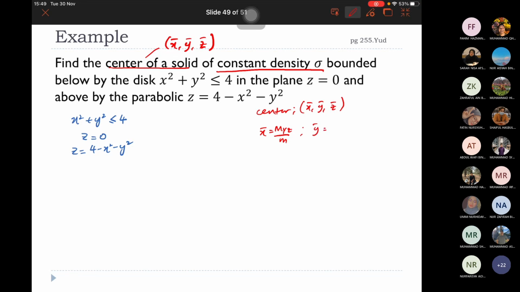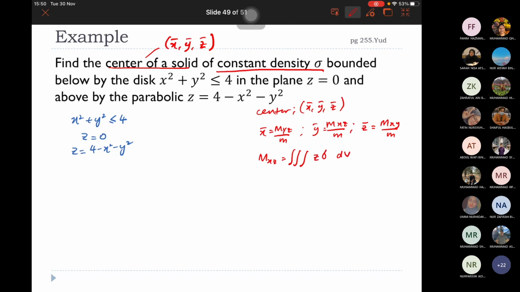Okay. Y bar akan sama dengan M XZ divided by mass and Z bar sama dengan M XY divided by dia punya mass. Okay. So daripada sini kita ada M XZ sama dengan triple integral over the bounded region D